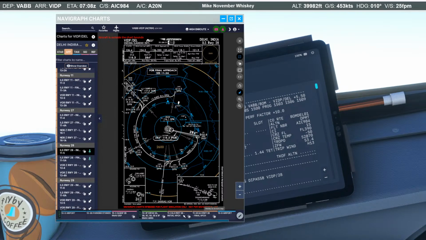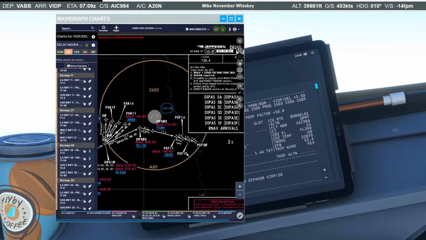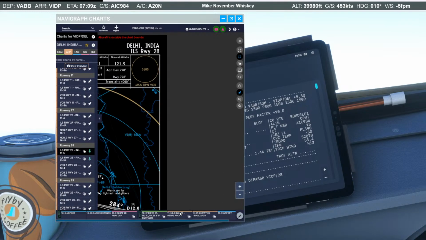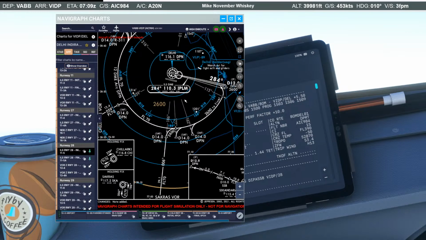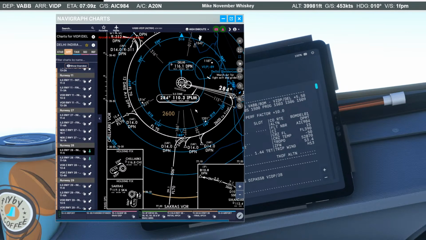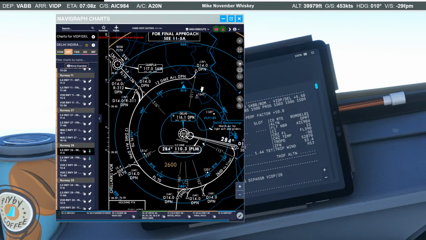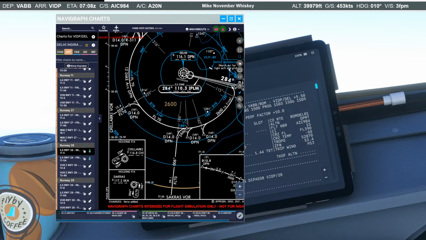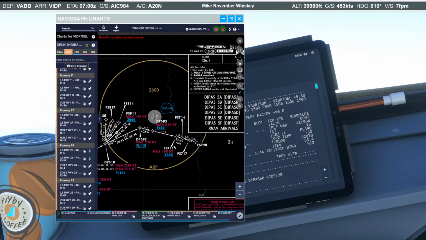Approach. Alright, so from here... So these are all coming from different VORs. Is there a VOR on this map that's worth noting?